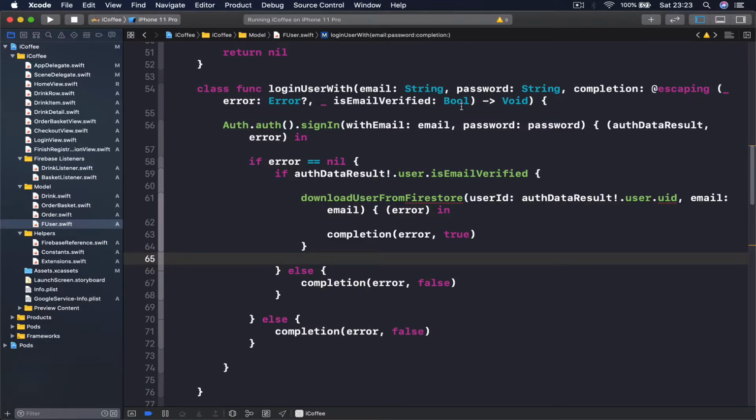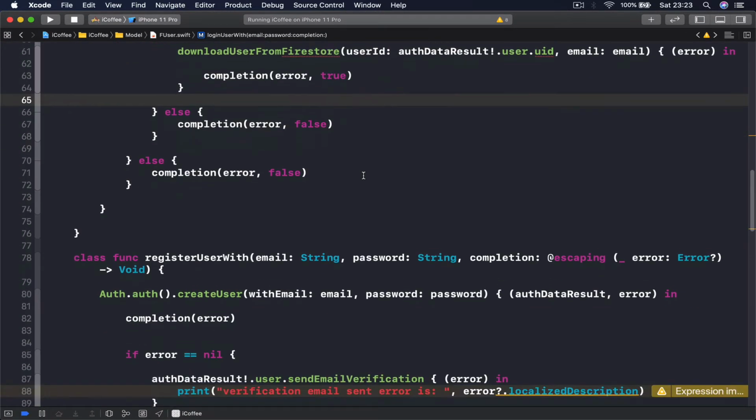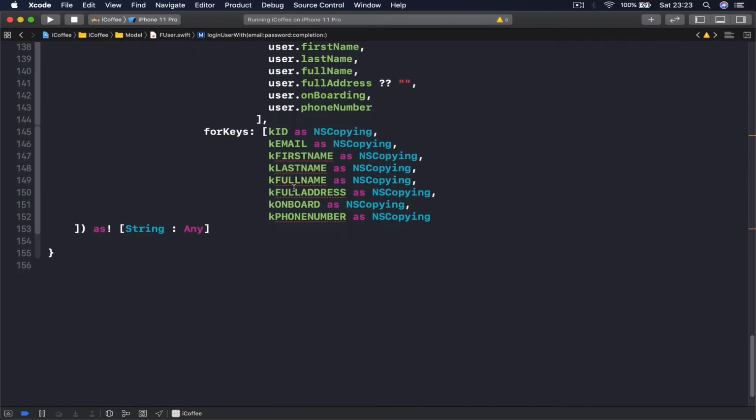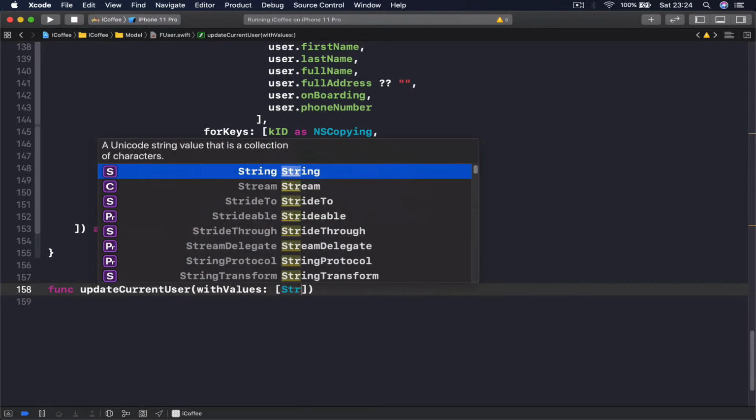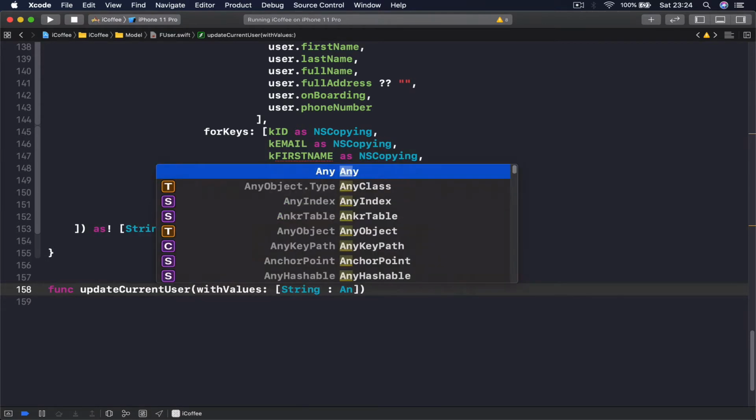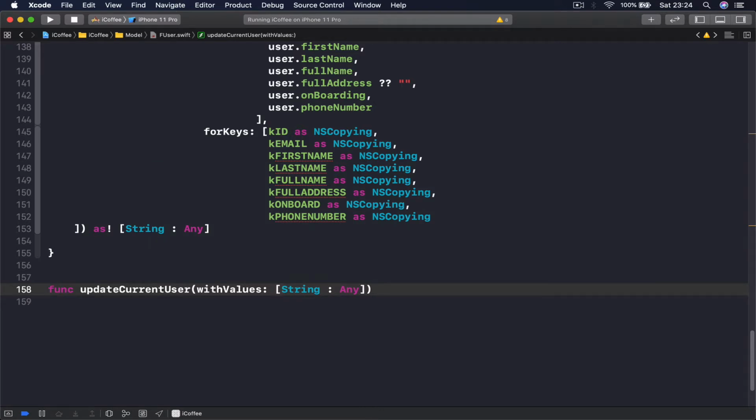Let's go to our FUser.swift file. I'm going to close this. Scroll all the way down, and here I'm going to create a func called updateCurrentUser, and we need to update it with values. The values we are going to pass are key value pairs, which is [String: Any], and I want to be notified when my update is done, so I'm putting a completion handler here,